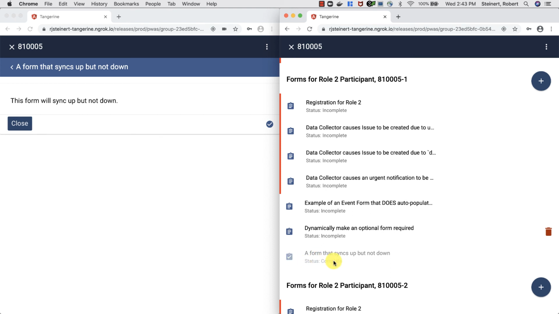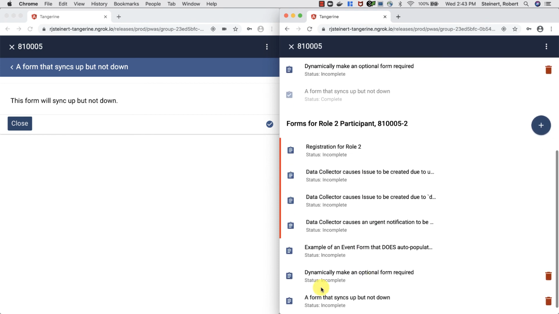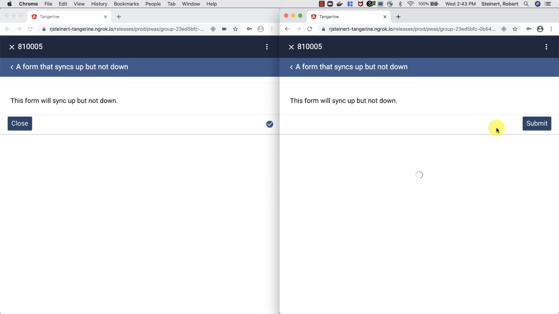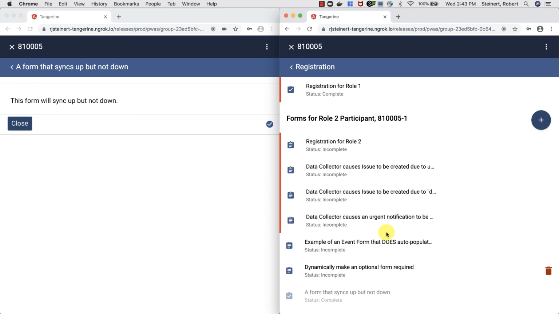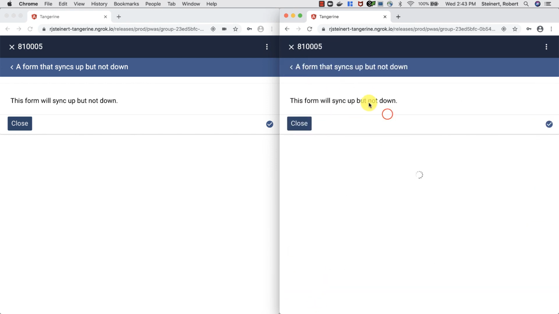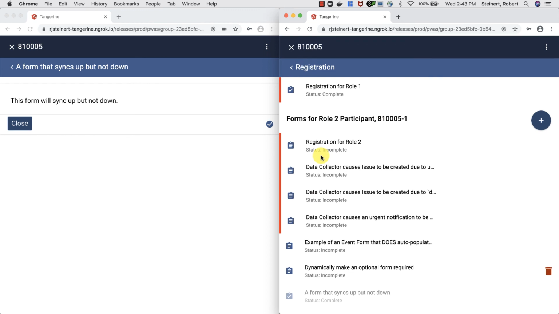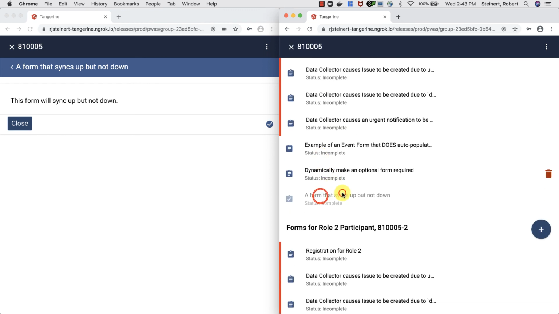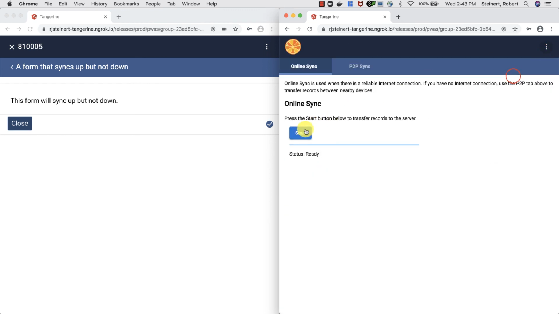We see that it's complete. We know that something has happened there, but we don't have the data on the device for it to actually open that form response, so it's just grayed out. However, there is another instance of that form that we could fill out over here for the second participant, and we'll go ahead and submit that. So now we have one that we can open, because we filled it out on this device, and one that we can't open. If I sync this back up,